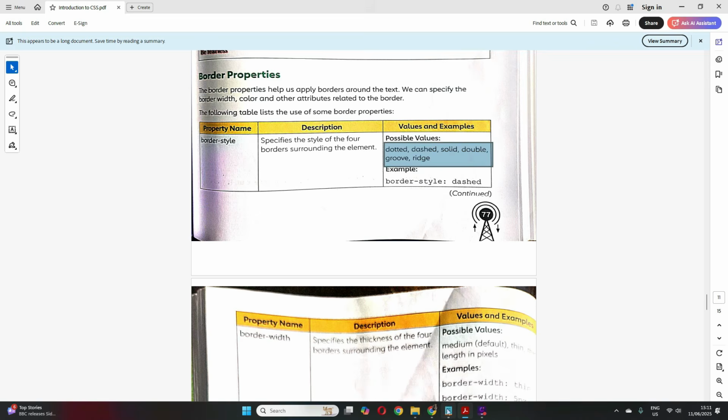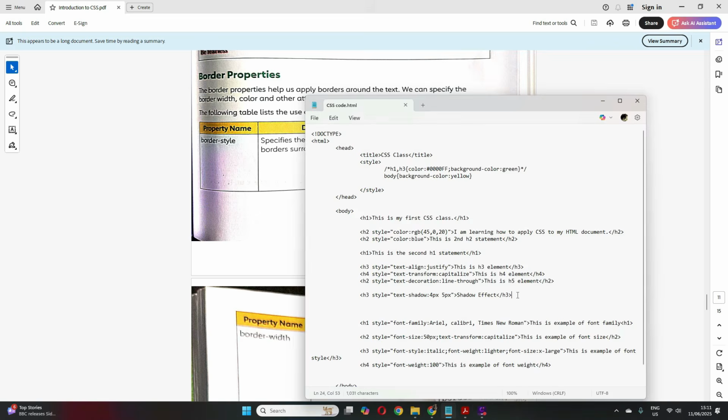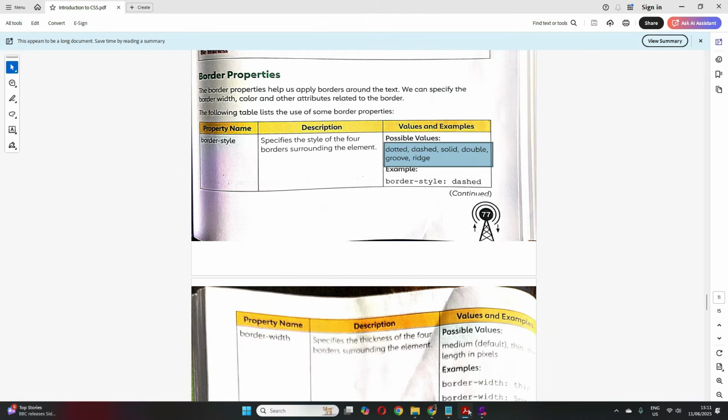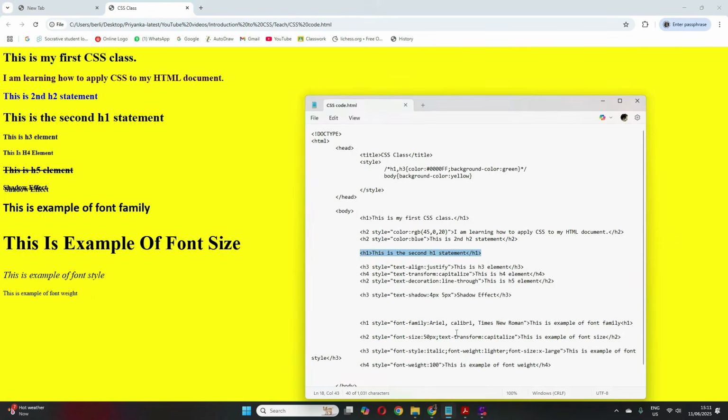Let me suppose I have text like this, the second H1 statement. I want to put a border here. So I'll use border style for that.